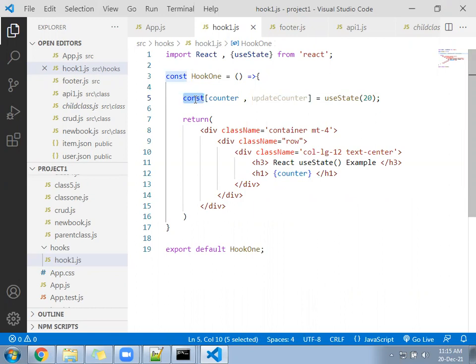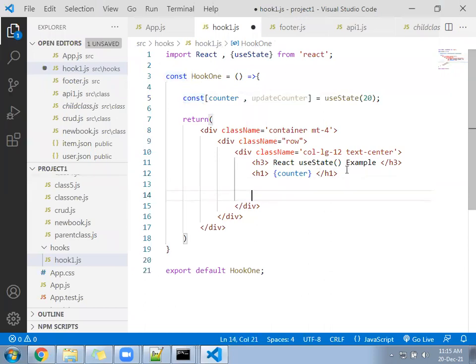So to modify that, let's go here and write a button. Click to plus by 10.